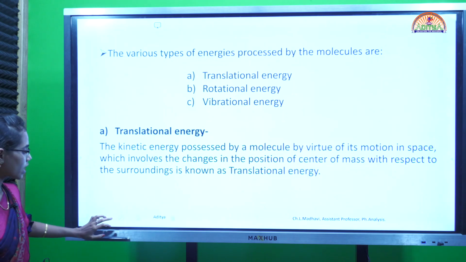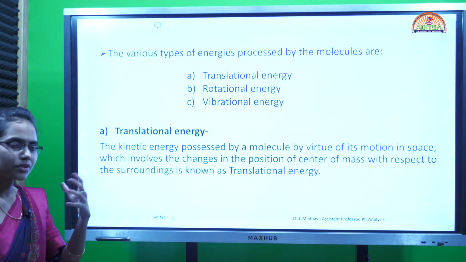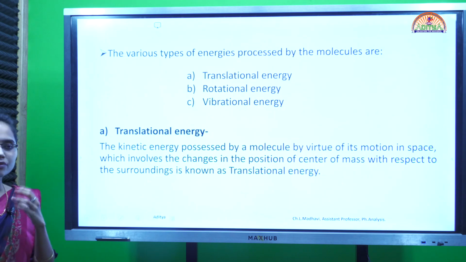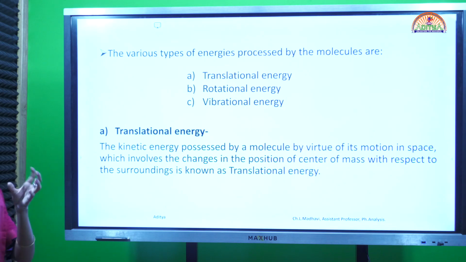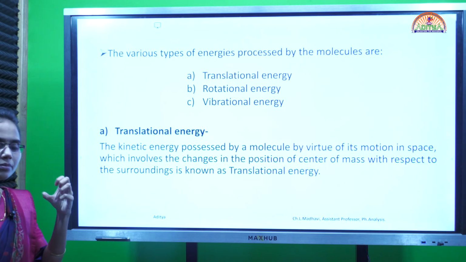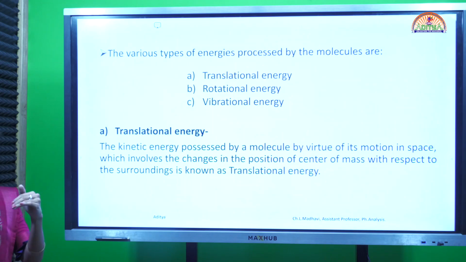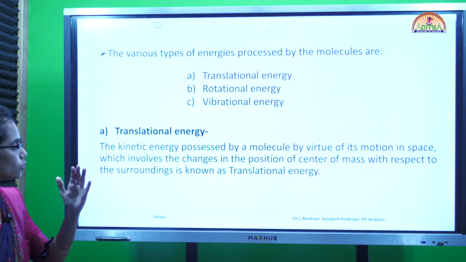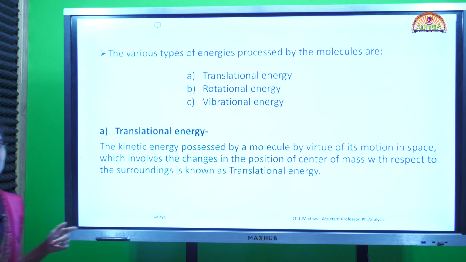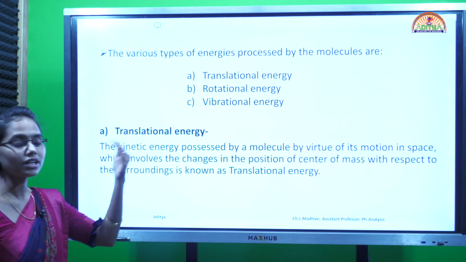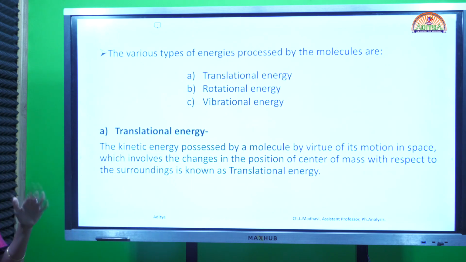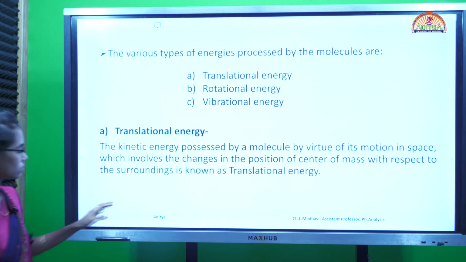So as a molecule or the electrons present in the molecule move from one energy level to the next energy level, when they are in the ground state and absorb radiation, they go to the higher state. Till then they will be in the same position. Once they absorb the energy, the kinetic energy comes into play, and it is given by the kinetic energy of the molecule. As they move from one energy level to the next, there will be a change in the center of mass in comparison to the surroundings also.